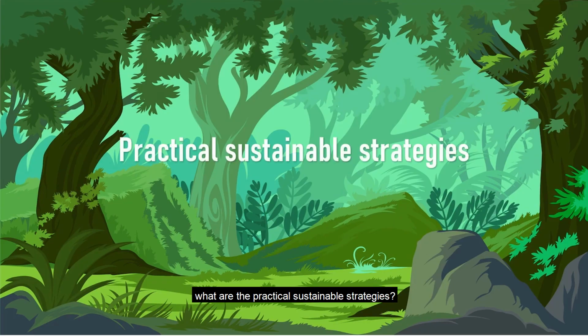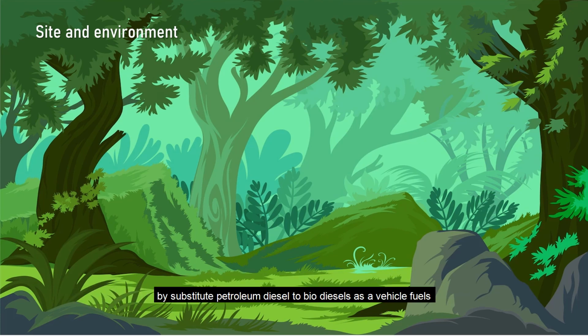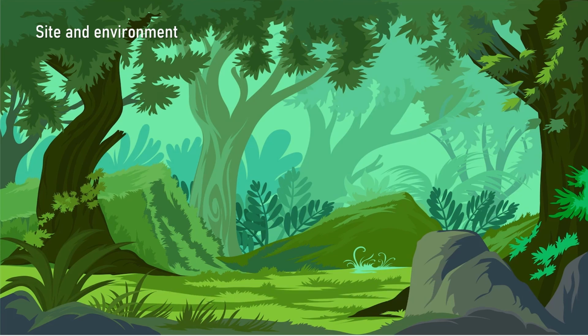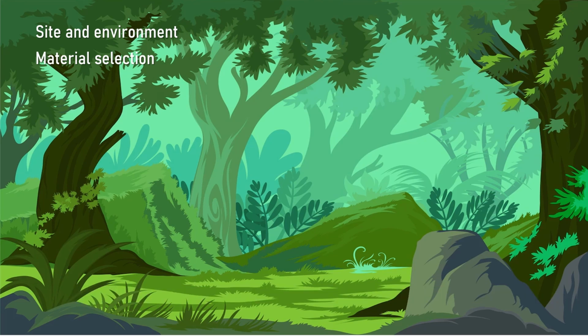What are the practical sustainable strategies? Since the site proposed is near a residential building, the best way to make a construction site environmentally friendly is by controlling the fuel consumption, by substituting petroleum diesel with biodiesel as vehicle fuel. Choosing sustainable material can save a lot of energy and cost in the construction phase. The low embodied energy of green products ensures that very little energy went into manufacture and production,